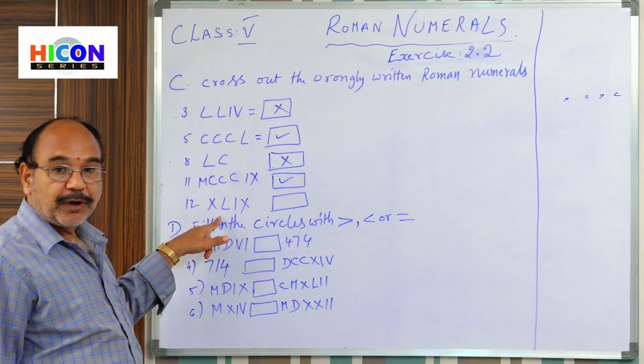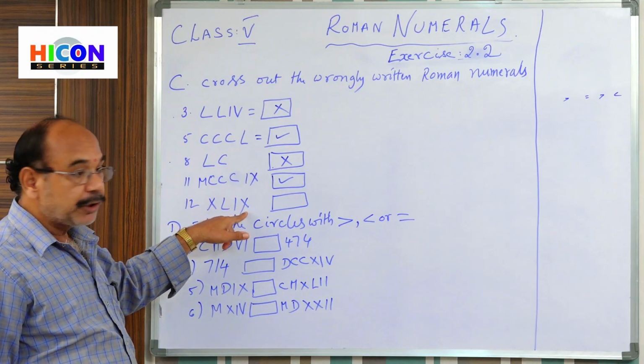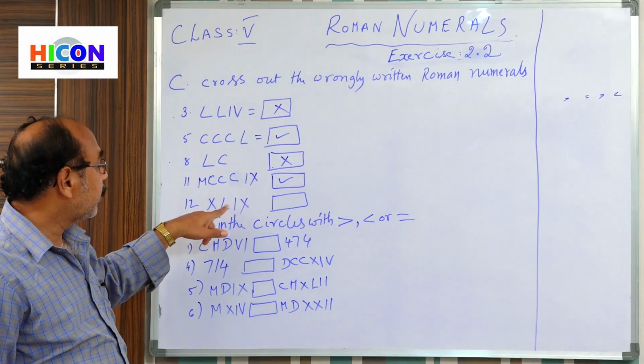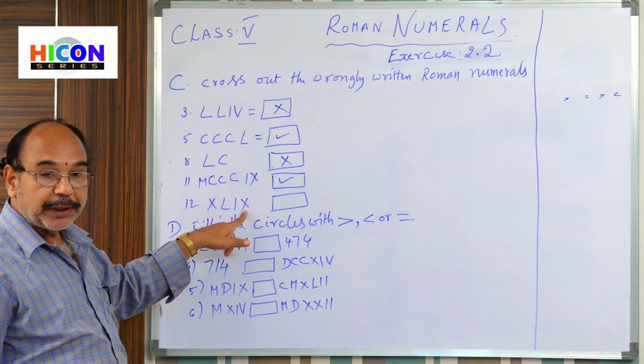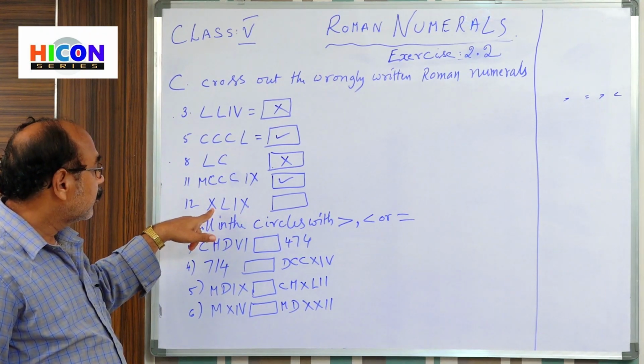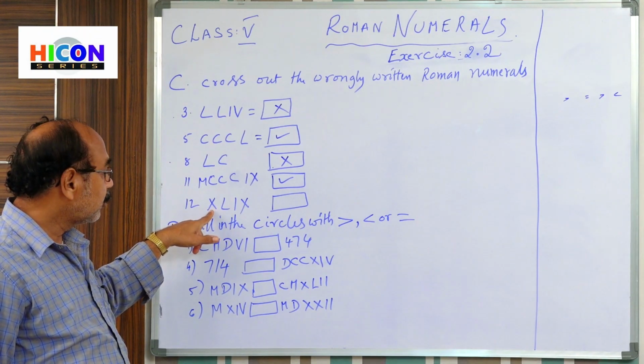XL means what? XL means 40. 40 plus 9, 49. XL, IX. XL means 40, IX means 9. Here a rule is also applied. What is the rule here? We can write a small letter symbol to the left of the